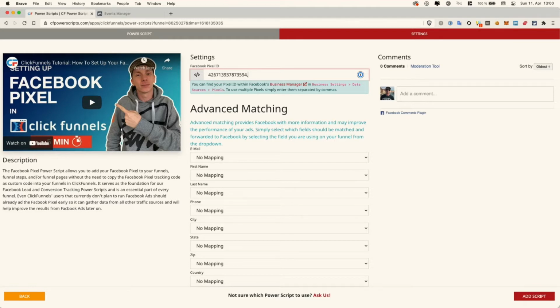So we just add a comma and my second pixel ID, third pixel ID, and so on, depending on how many pixels I have and want to use. However, in my case, I only have this one pixel, so I'll only enter that one. Which brings us to the next area, which would be the advanced matching section,